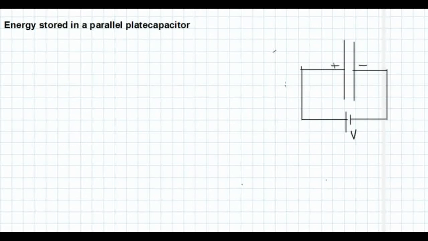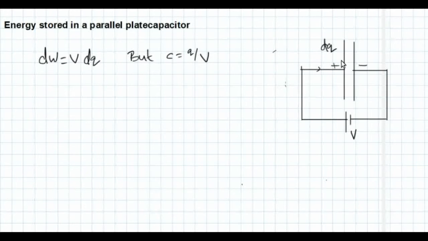So this is the arrangement. We have a capacitor here, and this one is connected to a cell. Let V be the potential of this cell, and we are charging this capacitor. Initially, suppose there is no charge present in the capacitor, and when we connect the cell, the charge increases by a small quantity, say dq. So we have to do work to increase the charge from 0 to say dq. So that work done is dW equal to V into dq. This equation we have already seen.